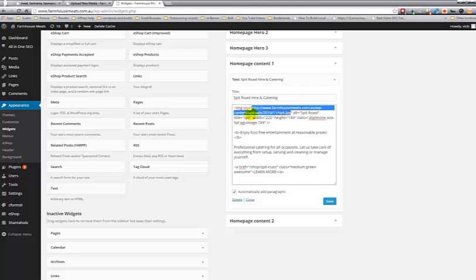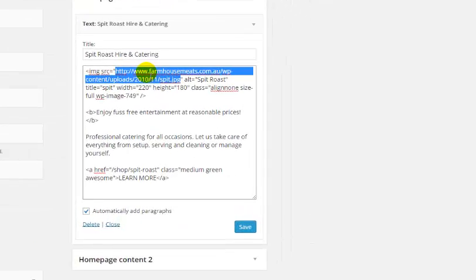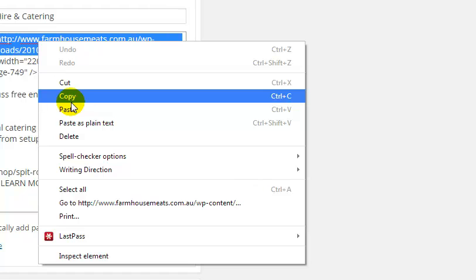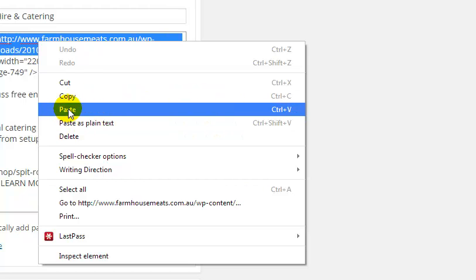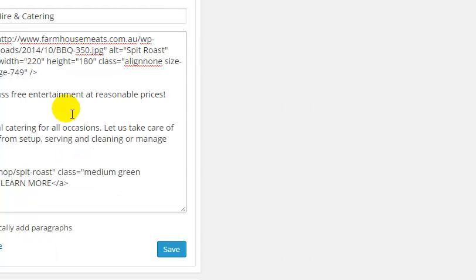What we're going to do, having highlighted that, is replace it with the wording that we copied just now, which was the coding for the new picture. So if I paste that into there, we now have image source is barbecue350.jpg. See that? Right there. See that? And now if we save that